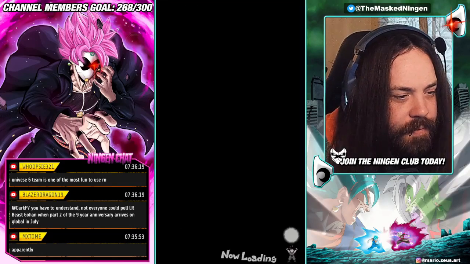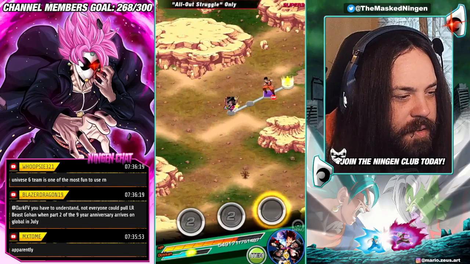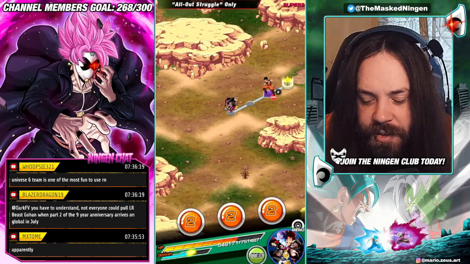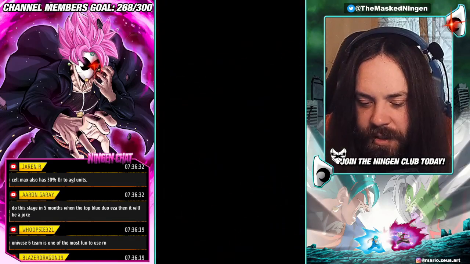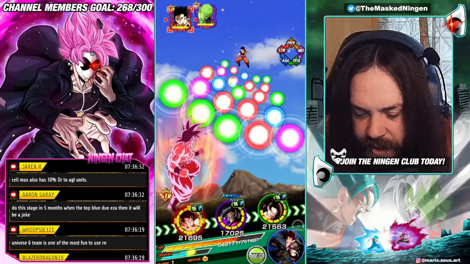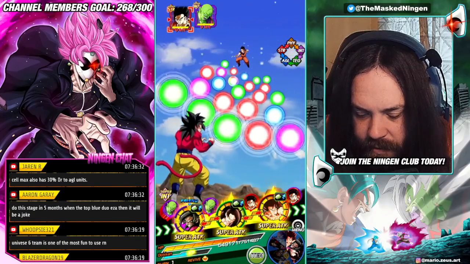Alright. Do this stage in 5 months when the TOP Blue Duo EZA. Yeah, true. Be absolutely destroying the stage. Gohan and Piccolo is the last fight. Okay. Alright, so...